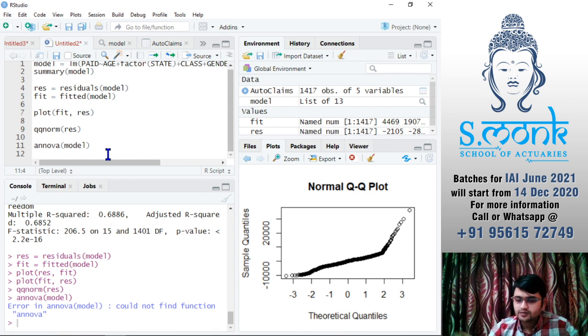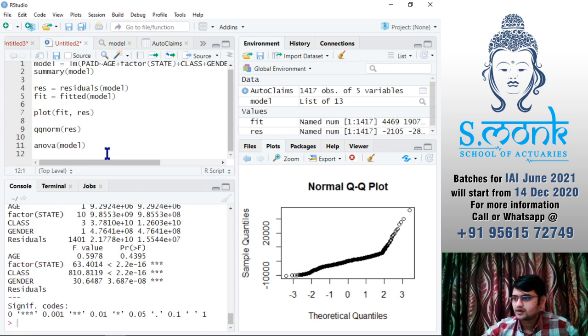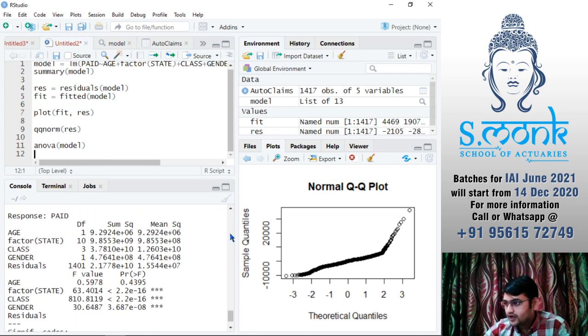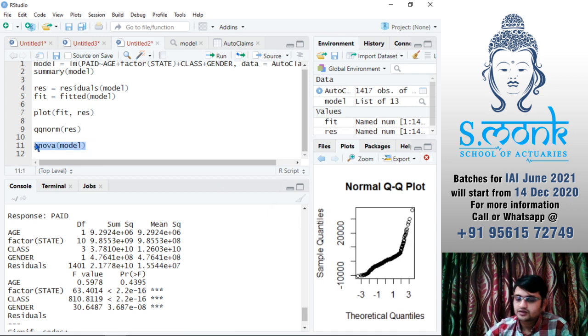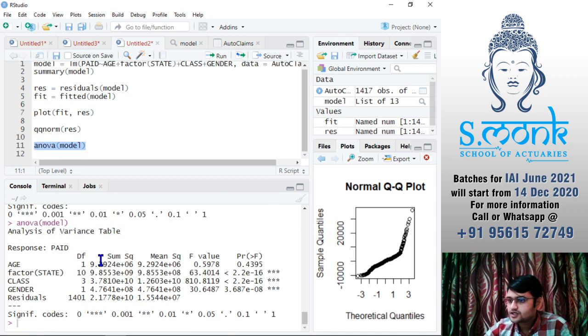I think not double N, single N. Now for ANOVA, they give you a table of ANOVA. This is how the table of ANOVA works. So we have degrees of freedom, we have sum of squares, we have mean sum of squares, and we have F value, and we have P values.